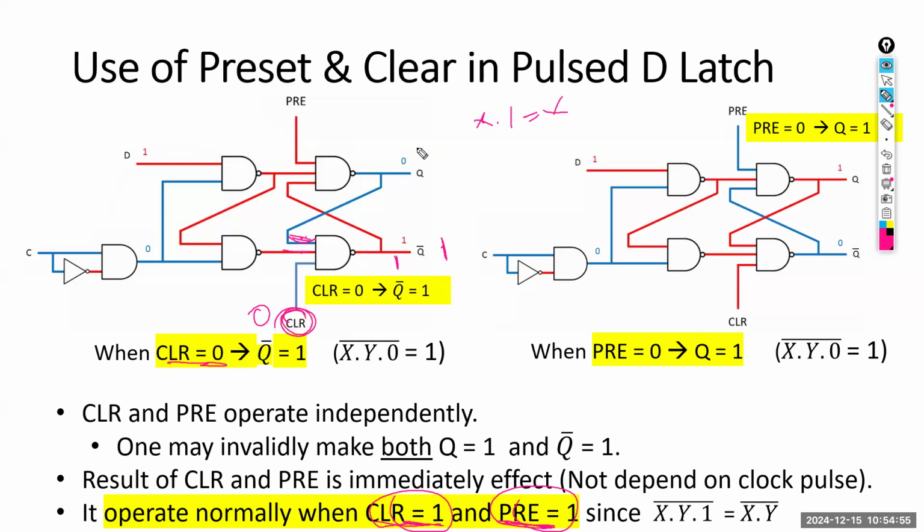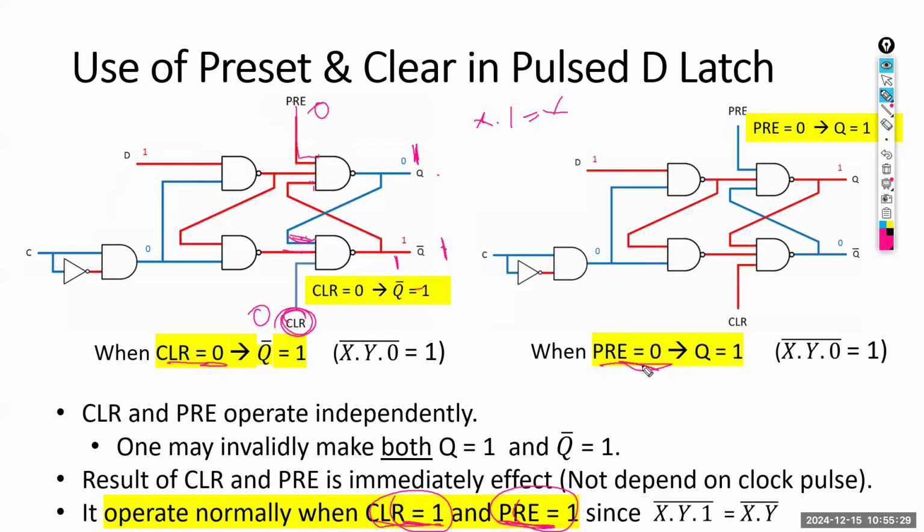If you want to make Q 1 immediately, or set it, or preset, make preset 0. Why? 0 dot anything is 0, then 0 bar is 1, so immediately this will become 1. So at any time, if you want to preset, preset means set your Q to 1, make your PRE 0. If at any time you want to clear, clear means make Q bar 1, just make CLR